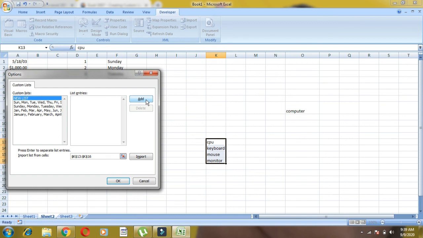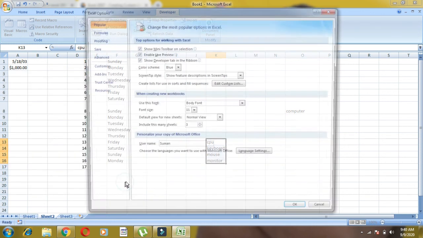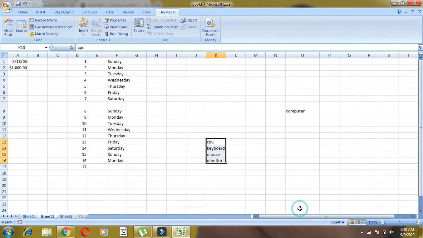See children, you'll get CPU, keyboard, mouse, monitor. After clicking on the import option, you can click on OK, then here also click OK, children. Now suppose you need to write here, you just write CPU, then you write keyboard.